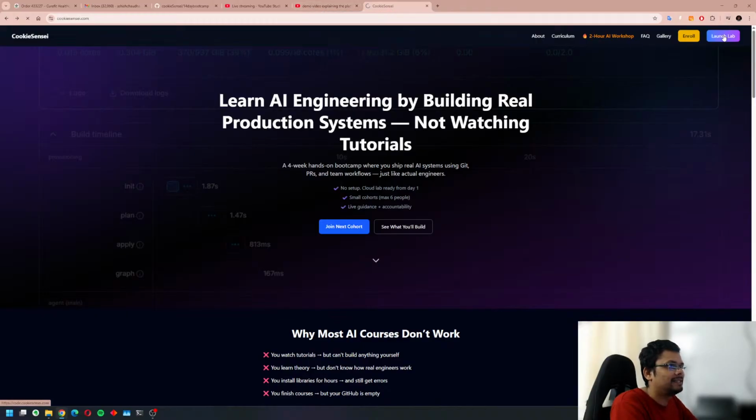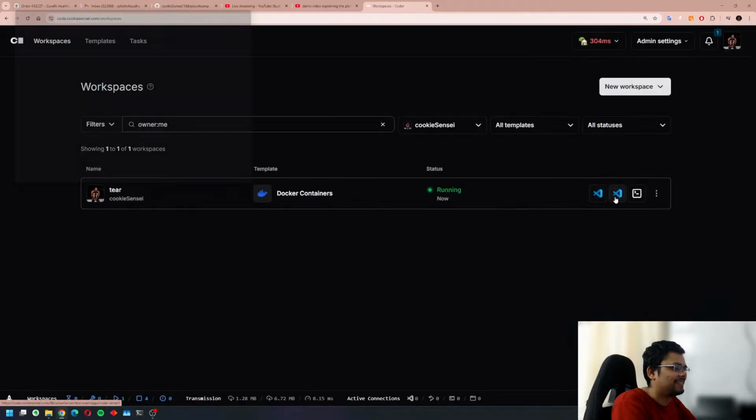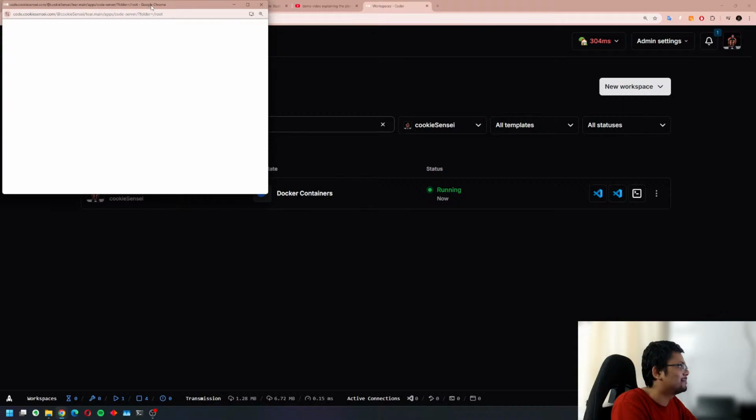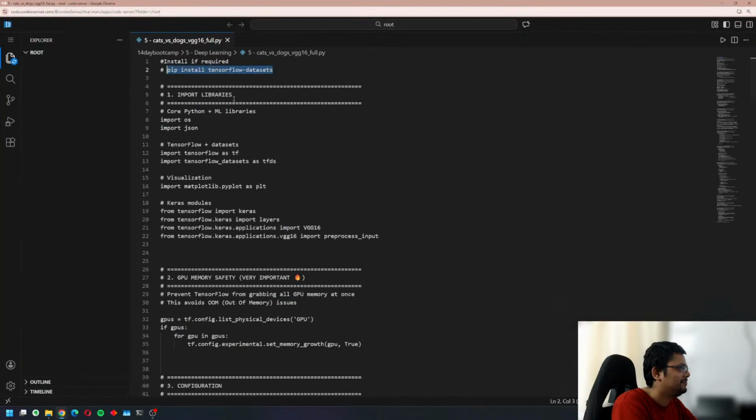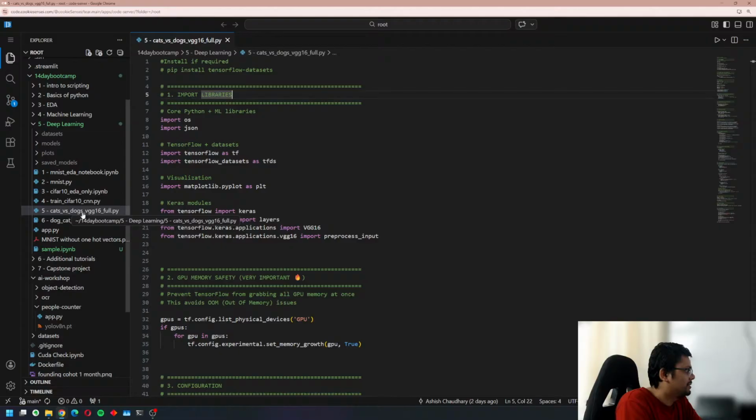So it's as easy as clicking the launch lab button, the magical button, open code server. All right. So first of all, I'm opening this cats versus dog vgg16 full file,